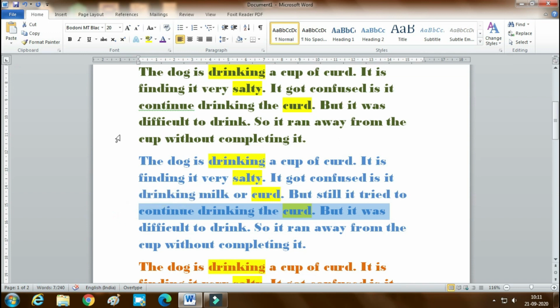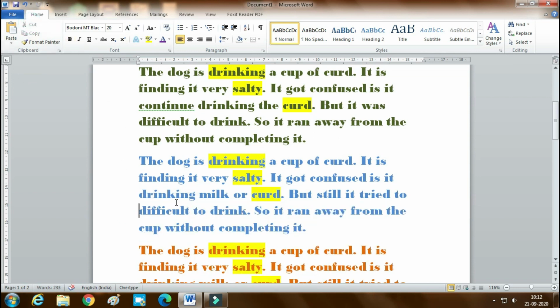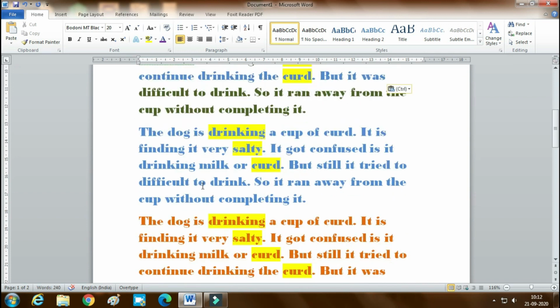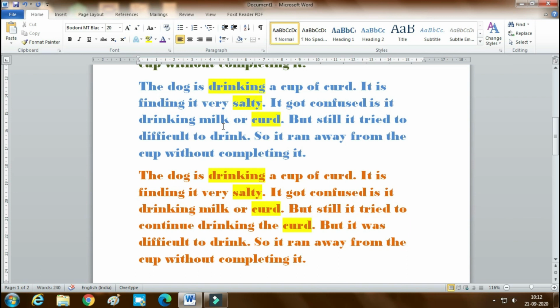Once again we select, click on cut, click on the place where we want to paste it and then click on paste. So we can see the selected sentence is removed from the paragraph and put into the other place.